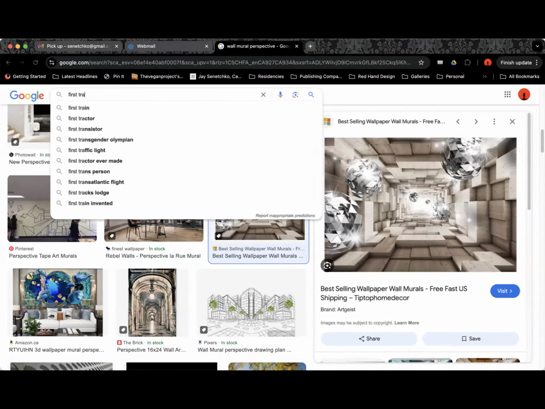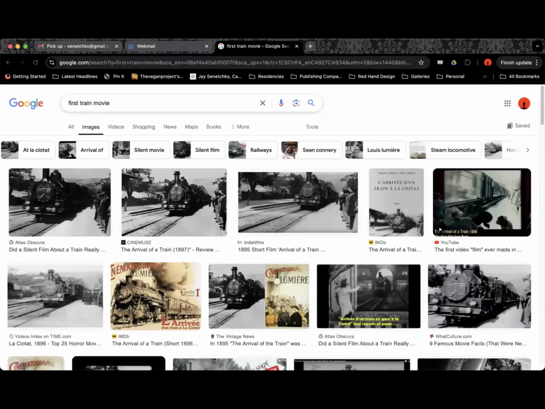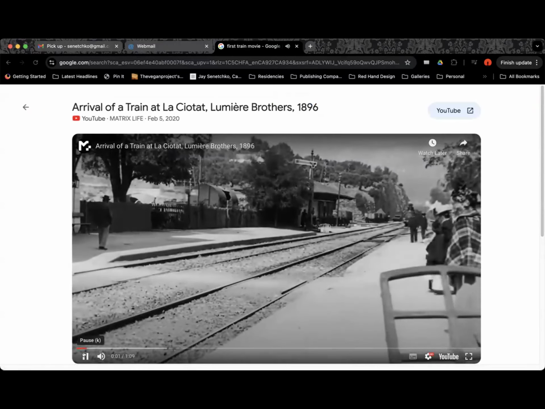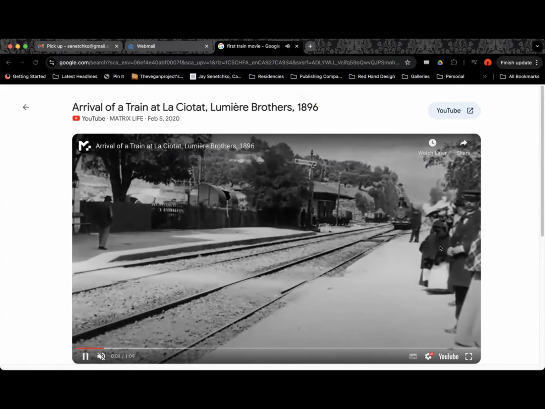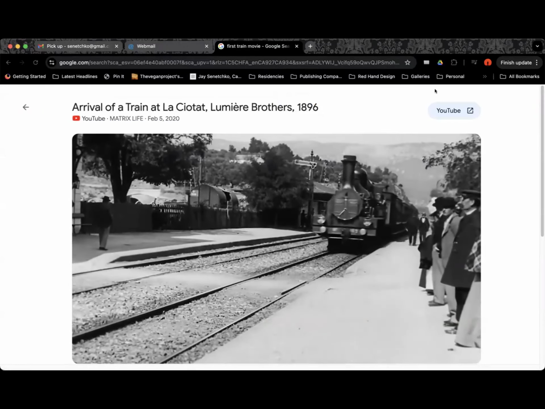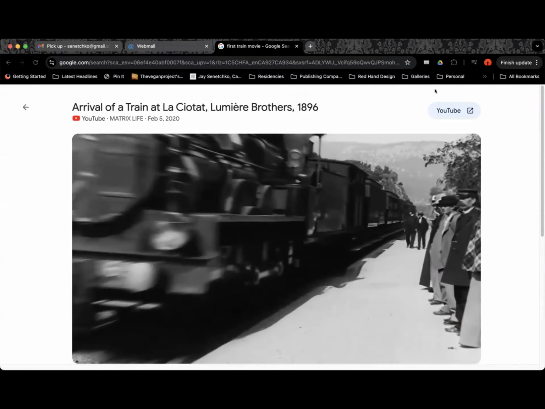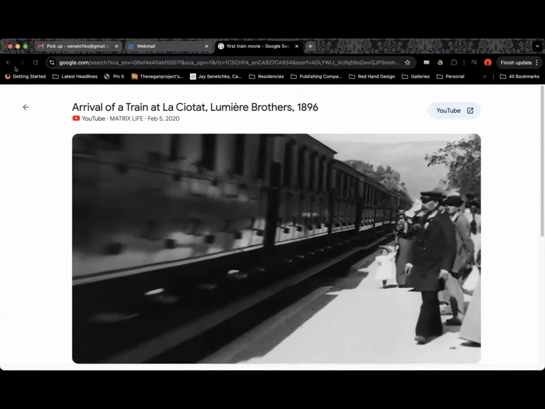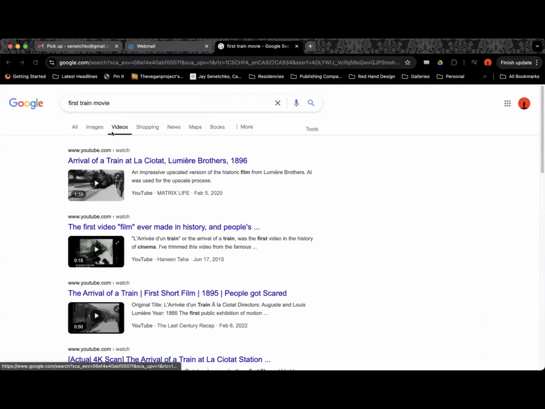So an even better one. This is the first ever, I think, live film. You guys are probably familiar with it, where people were literally terrified of this. They thought the train was going to come through the screen and run them over, because we have this imaginary capacity to put ourselves in the position of what that would look like. I think there's an even better one where it's coming straight at you.